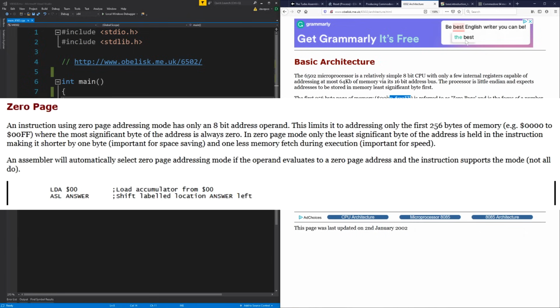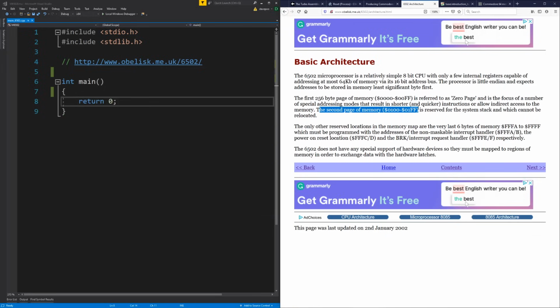This was one of the things that made this processor quite fast, is that lots and lots of things could skip a clock cycle by doing this. And when you didn't have that many clock cycles per tick, you had to save as many as you could. The second page of memory, the next 256 bytes, is the stack memory. So you've got a 256 byte stack, which is amazing to think about, that nowadays the stack on just a single thread of a modern program is way more memory than you had on this whole computer. And there's lots of other reserved memory addresses that do various things, and we'll get into some of those